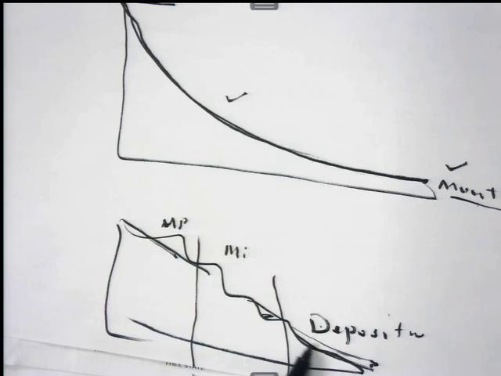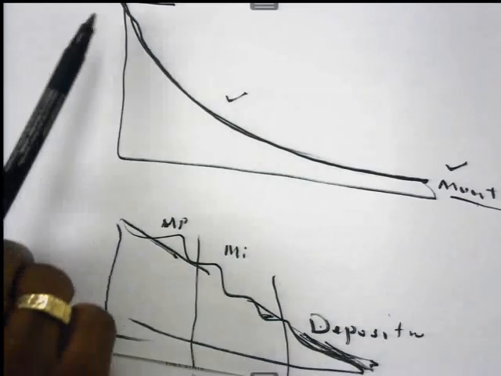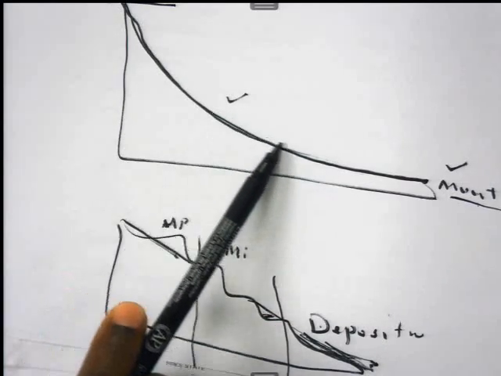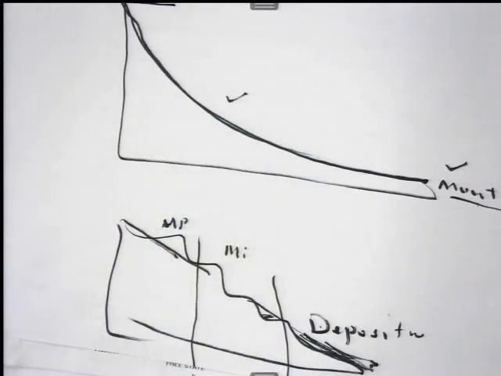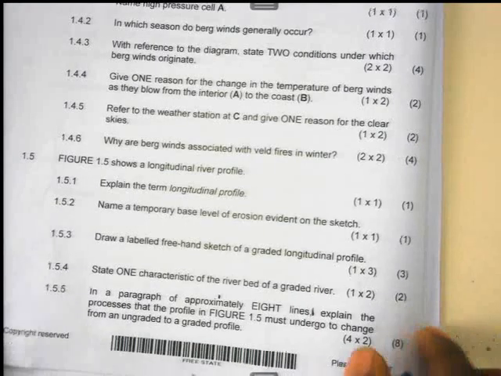Gradient in the lower course, there must be reduced, and deposition, we must have more of deposition here, and then that we will have a graded profile. So I've just mentioned that we are running out of time. I'm just going to move over to question